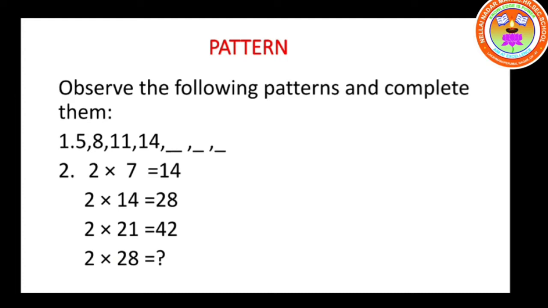What is the meaning of difference? That is actually subtraction. The numbers between 5 and 8, what is missed out? 6 and 7. After 6 and 7, 8 is coming. Like that, between 8 and 11, 9 and 10 are missing. Then between 11 and 14, 12 and 13. So what will be your next number? You just guess. It is 17. Of course, it is 17.